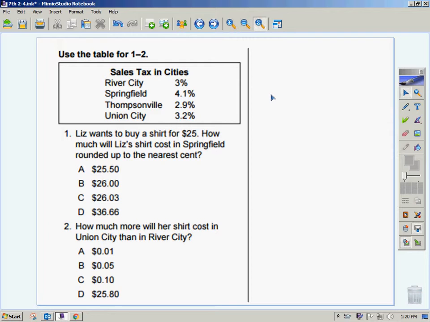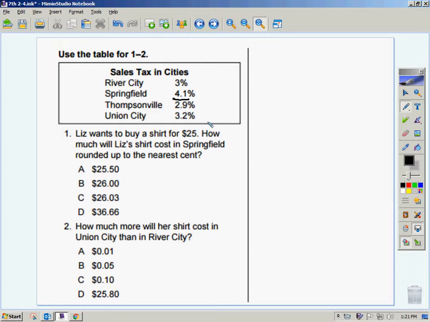Number 1 says Liz wants to buy a shirt for $25. How much will Liz's shirt cost in Springfield, rounded up to the nearest cent? In Springfield, there is a